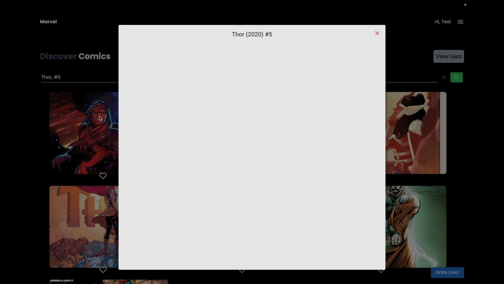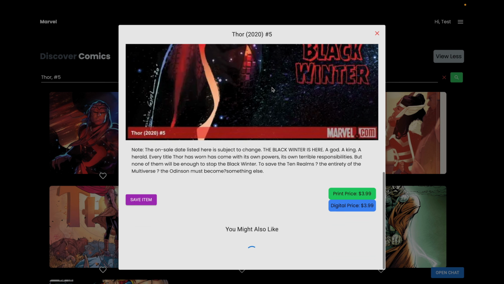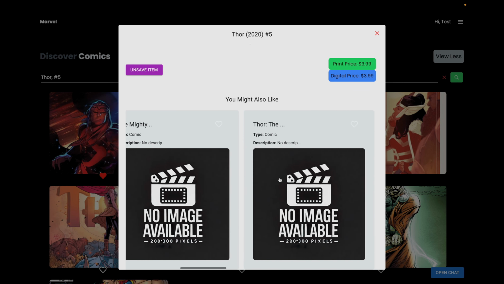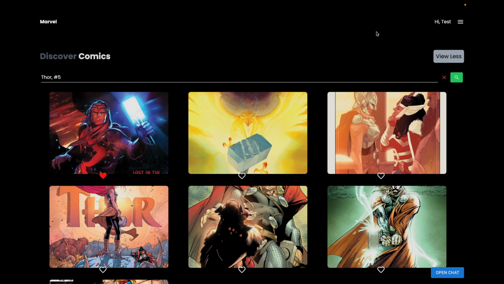I can go ahead and click on it. As you can see, it says Thor 2020 number 5. I can scroll down, I can save this item, and as you can see, it tells me the print price here and the digital price. I can scroll down here, and it shows me all various comics. For these ones, there are no images available. You can keep scrolling, there are no images available here. But does it still save? Yes, it does. I can click this one, I can close out of it, close out of this,